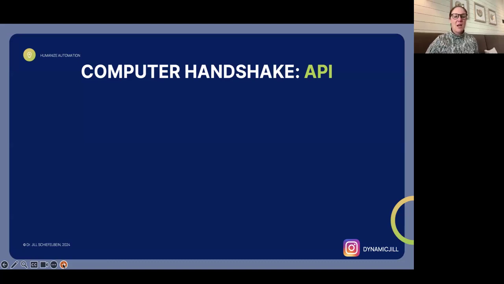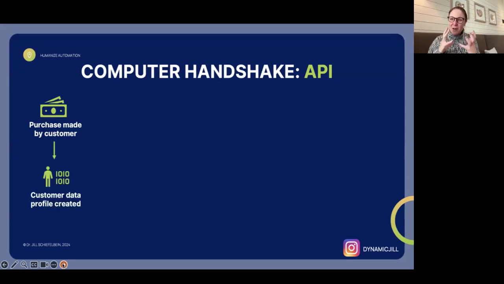So let's say that you've made an online purchase, and maybe it's a jersey of one of your favorite NFL players. We happen to have a Hall of Famer who has an avatar, and this is a great use case for something like this. So we have a purchase made by the customer. When you have your systems in order, then a customer data profile is created that may already be directly to a CRM, or it may be in another system. They may or may not talk.